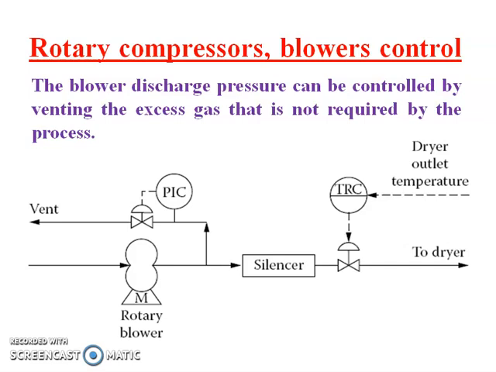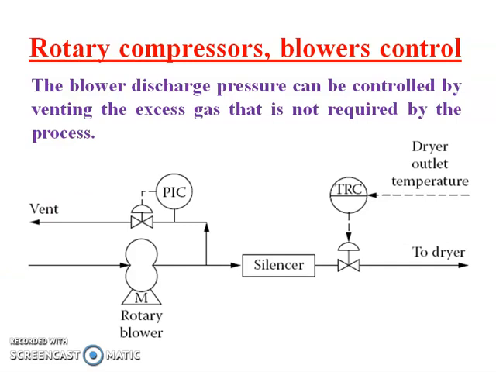If the pressure demand from the user is more, at that time it will give the output or discharge the vapors or the gas, whatever is required. And if there is no demand, at that time a pressure controller is used, and that pressure controller opens this valve. So due to this, the pressure will get vented. This is the simple pressure control scheme used for the rotary compressor or the blower compressor. Nothing is difficult in that case.